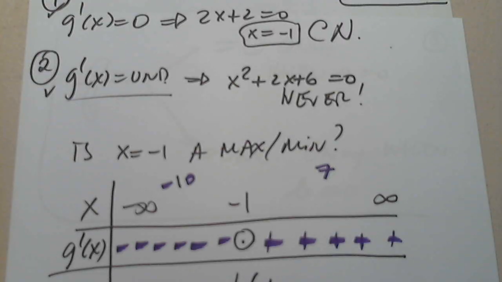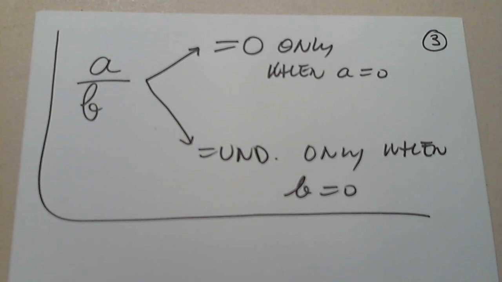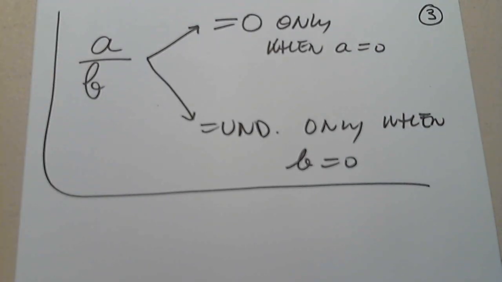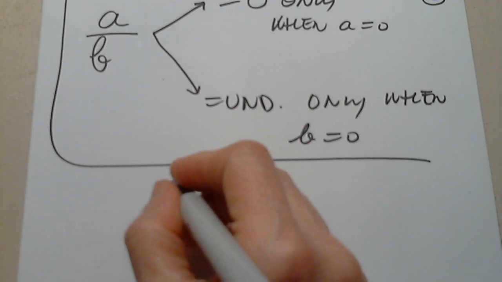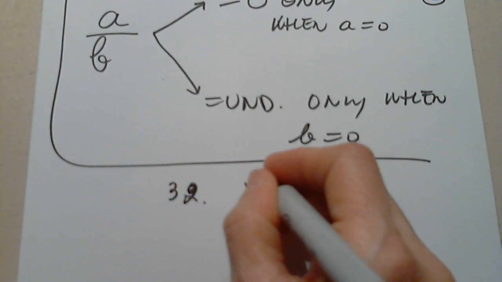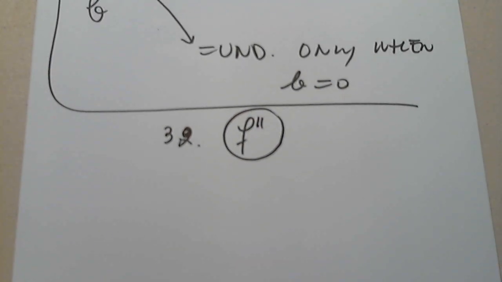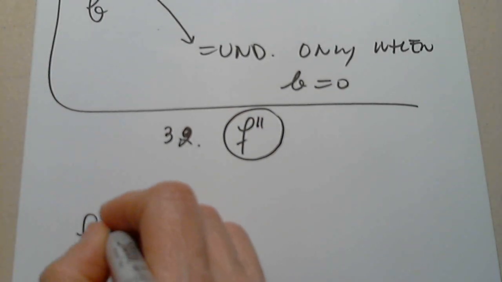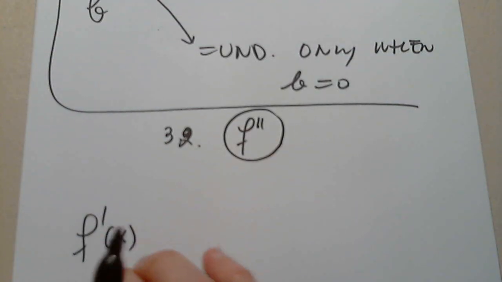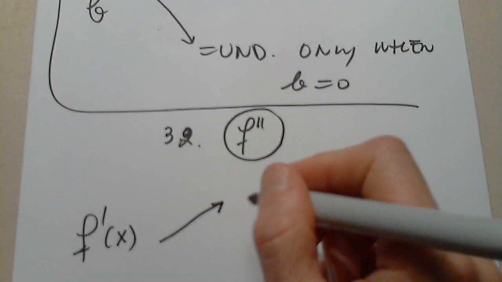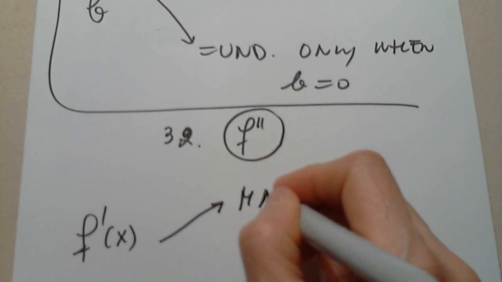Okay, I would like to continue now studying the second derivative. So this is 3.2, so the second derivative. Let's refresh our memory one more time. What does f prime say, not the second, but still f prime, what does it say about the function? It gives max min